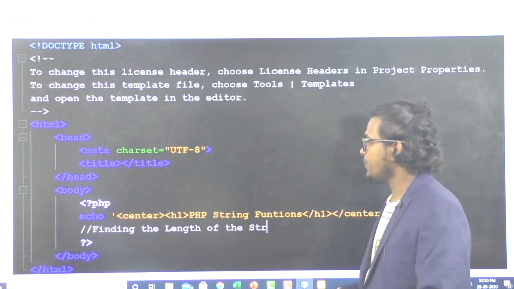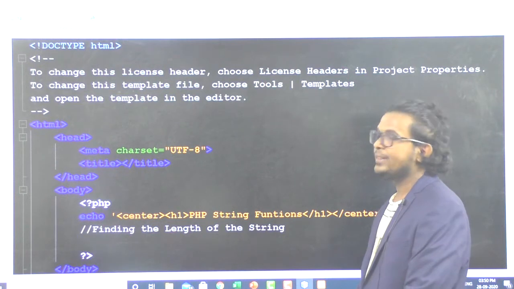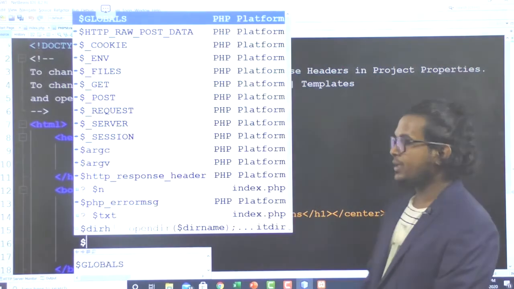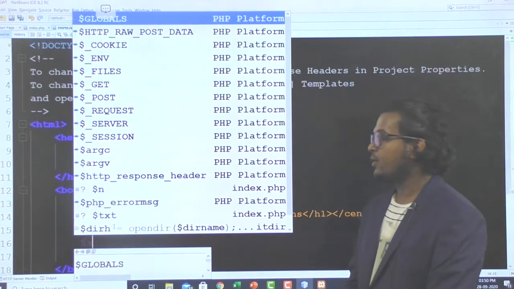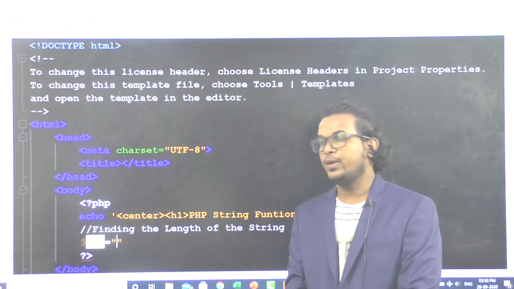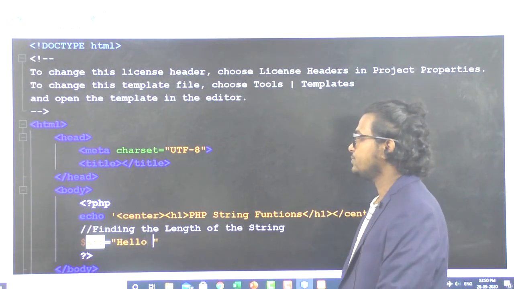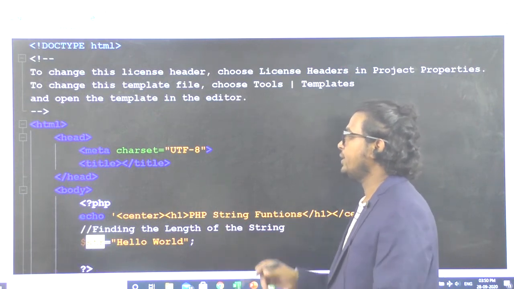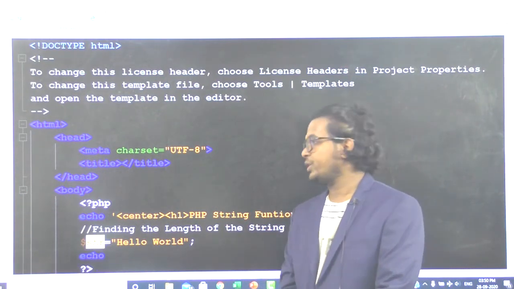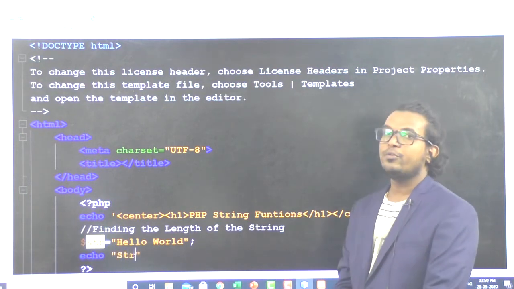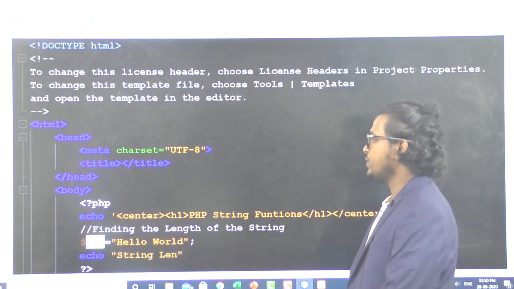Now first we are finding the length of the string. What function do we have to use for finding the length of the string? We have to use the length function. You declare one string argument there, and print that length with the help of the echo statement, echo string length.